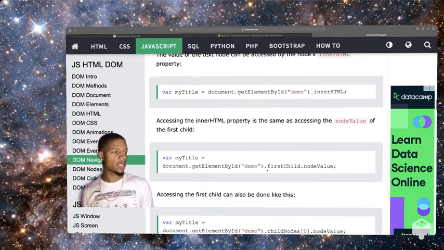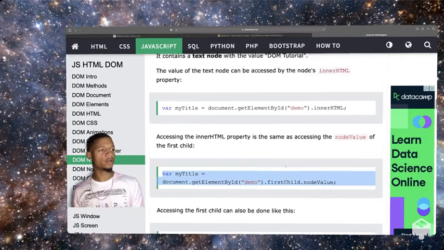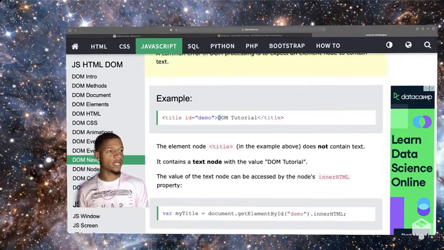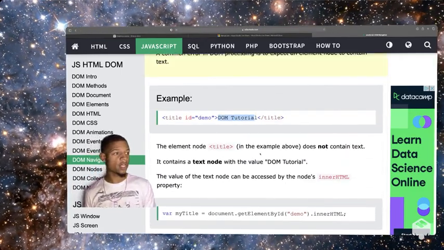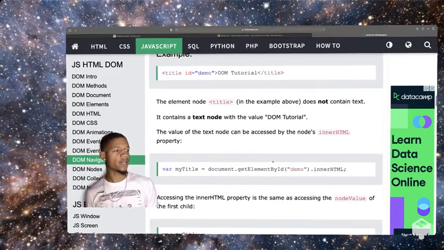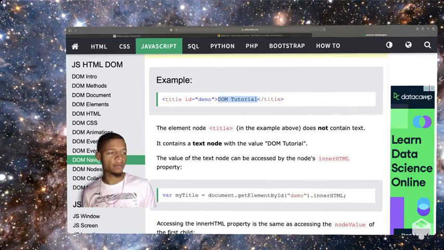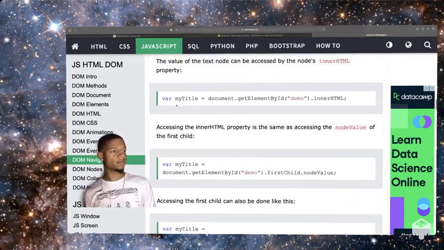So this gives us title. And then we say first child. Well, what is the first child of title? We come back up to title. The first child of title is this text node. Then we say node value. So now we can get the value out of this node, which is just DOM tutorial. And that is the same thing as saying